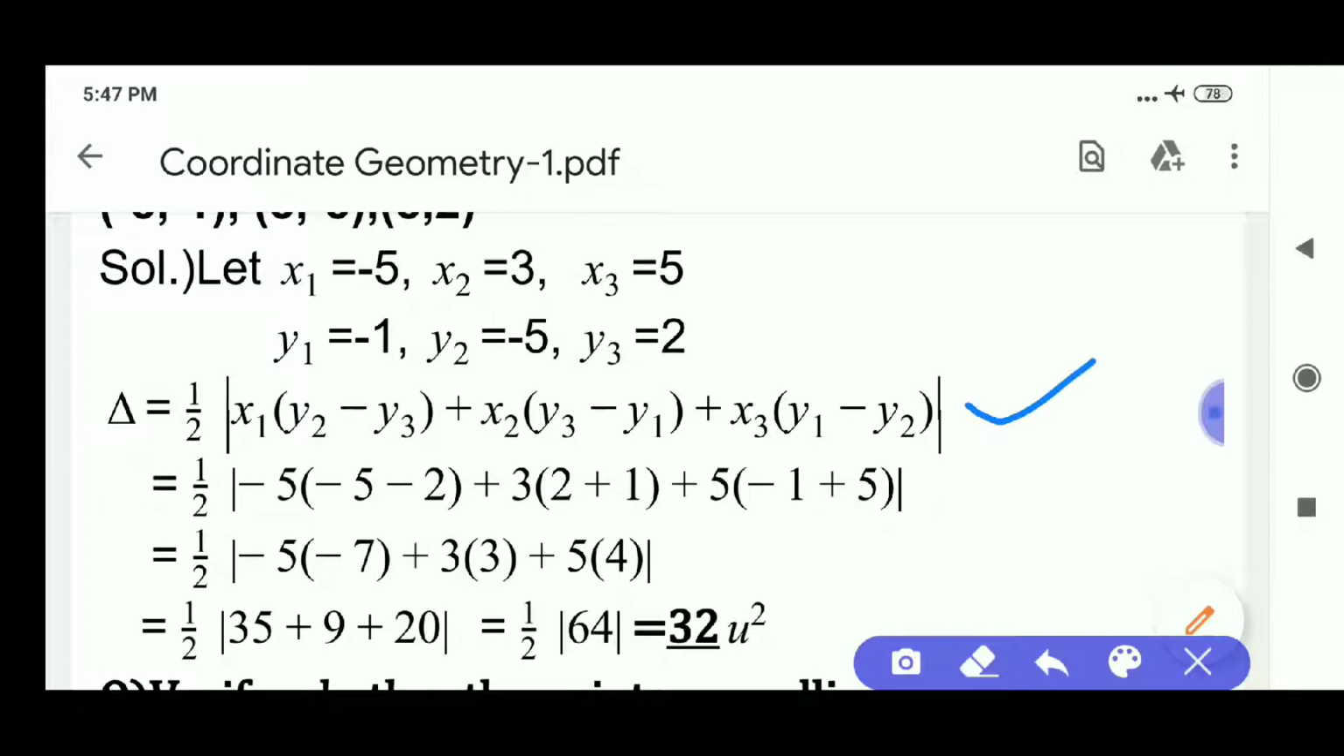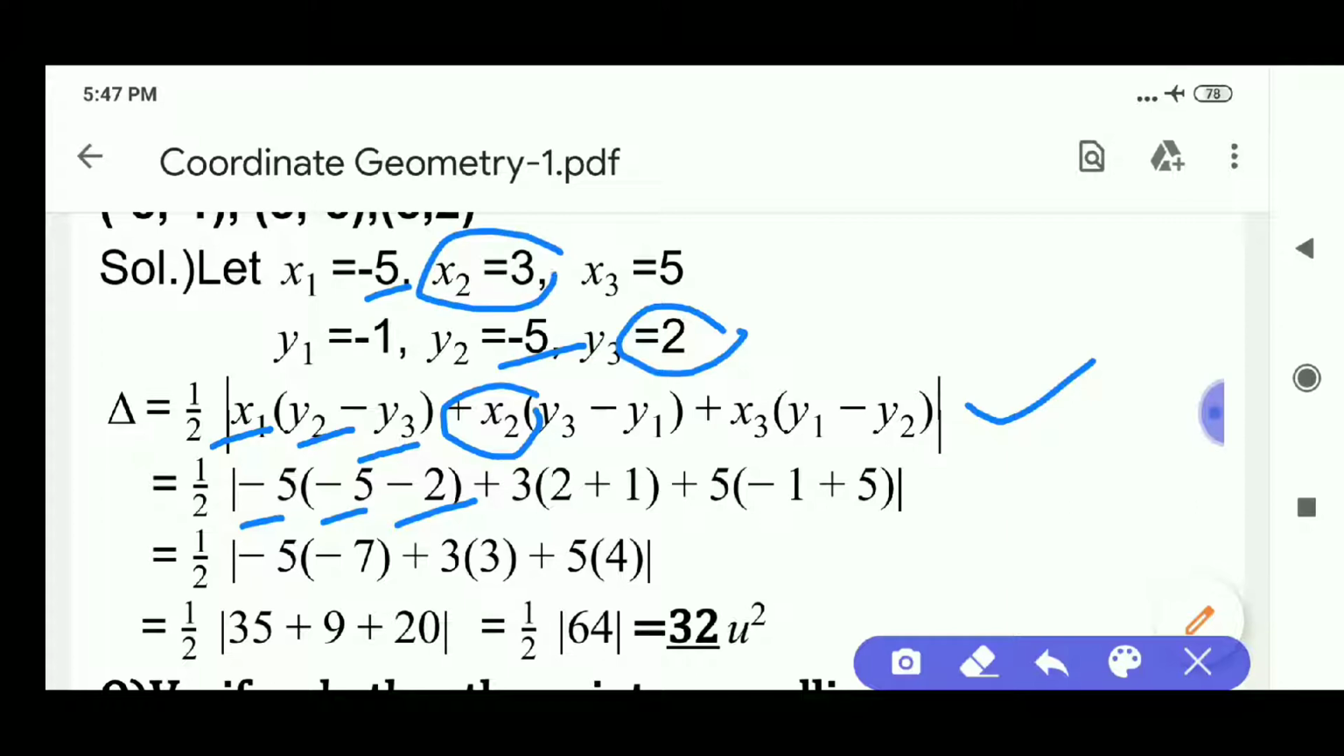In place of x1, write minus 5. In place of y2, substitute minus 5. In place of y3, where is y3? This is 2. Write 2. In place of x2, what is x2? 3. So write 3. What is y3 here? y3 is 2. So write 2. What is y1? Be careful. y1 is